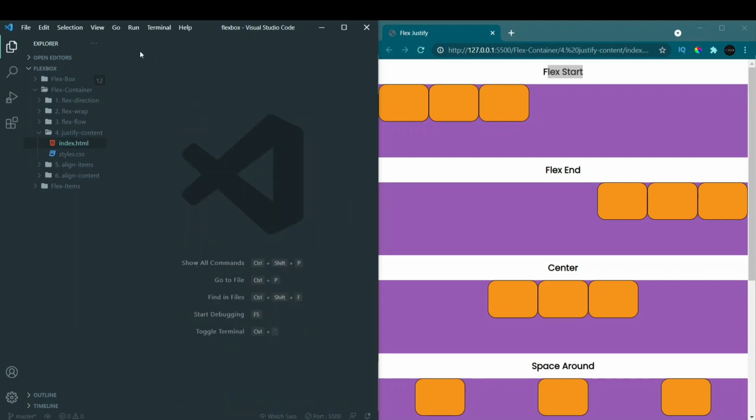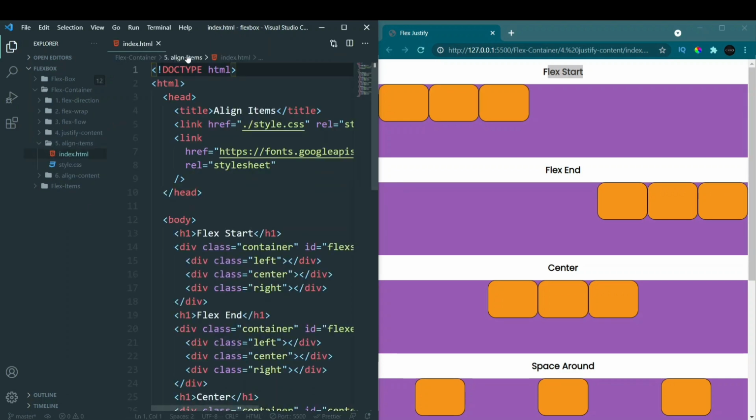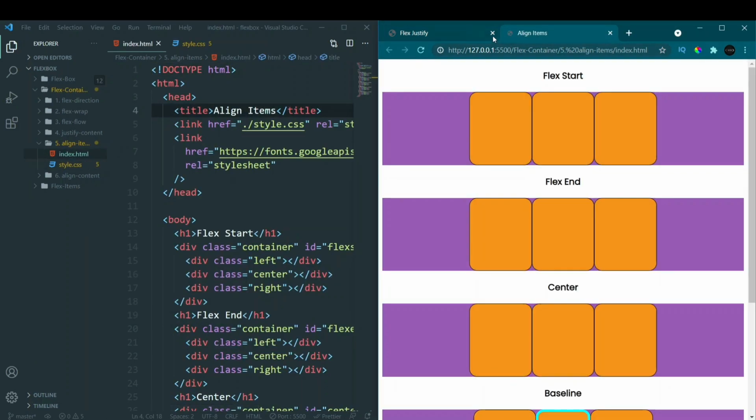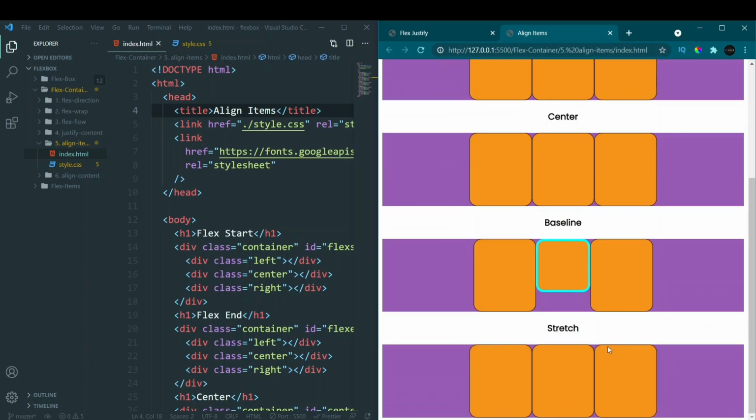Moving on to the next one, we have align items. It is also similar to justify content, and we have seen this one also. Now you can see normal styling, and here three values are the same: flex start, flex end, center, and the 2 values that we have at the end are different. The align items property is used to align flex items. It also helps distribute the free extra space as we did for justify content. But the one thing to keep in mind is alignment takes place vertically. In justify content it took place horizontally, but in align items it takes place vertically.